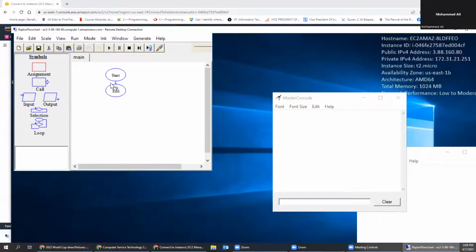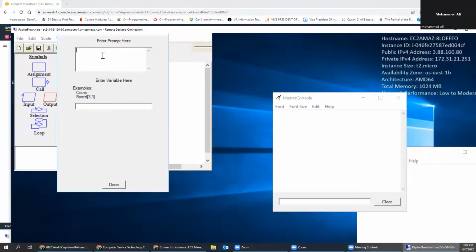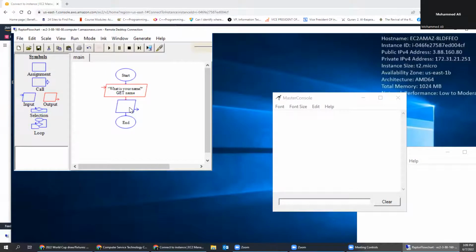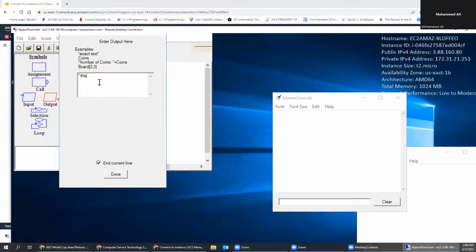All right, so we can drag, we can ask a question, and we can do an output, input, output. You can say, what is your name? And then here we can hold that information in the variable name. And then here we can display it. Welcome. And then we concatenate with name. And then welcome, whatever the name is,